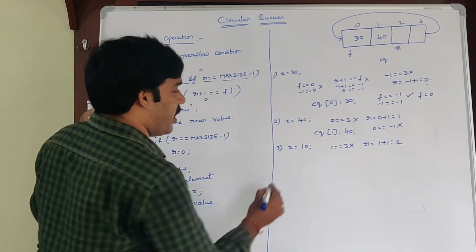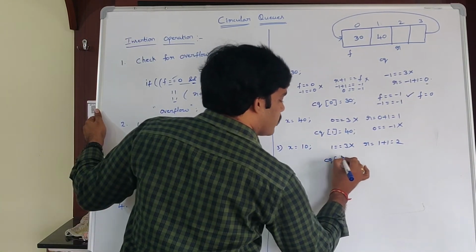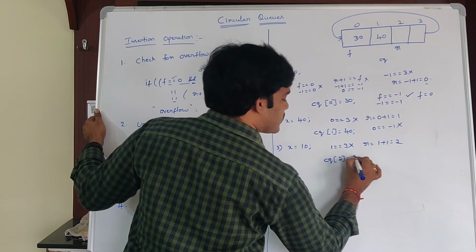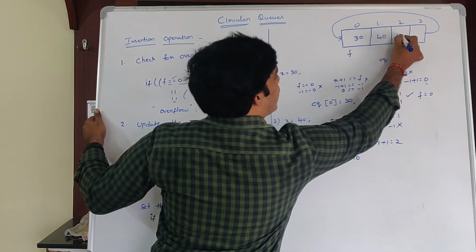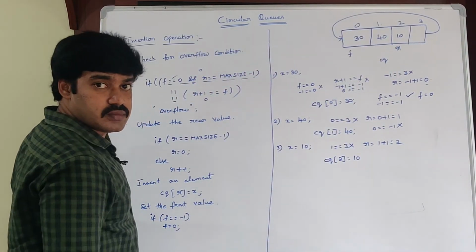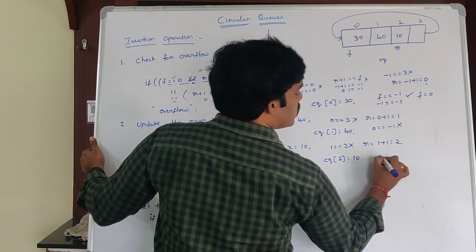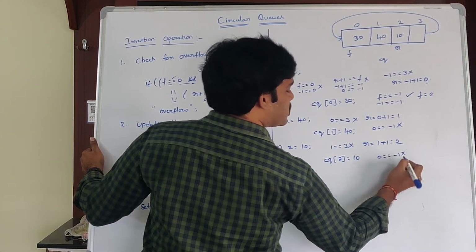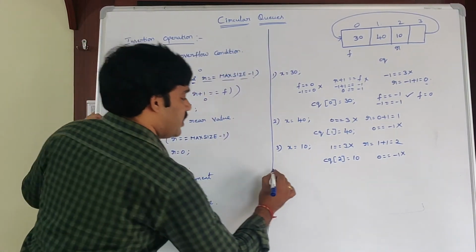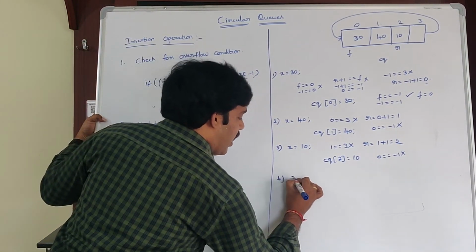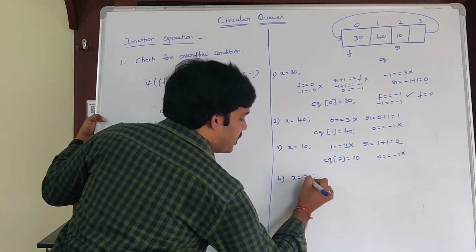Next, insert an element. CQ of R. CQ of 2 is equal to x means 10. Next, is f is equal to minus 1? No, f value is 0. 0 double equals to minus 1. Condition is false. Next, coming to the fourth one, I want to insert an element 20 into the circular queue